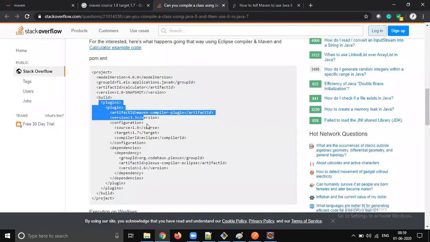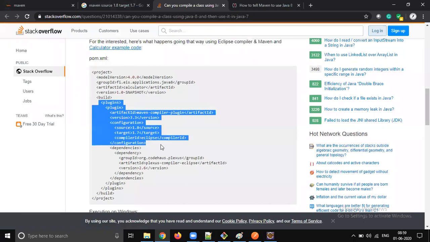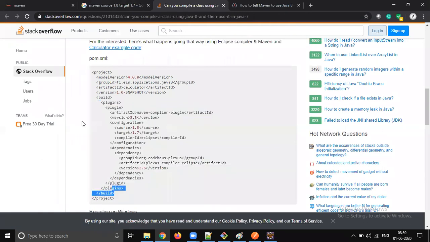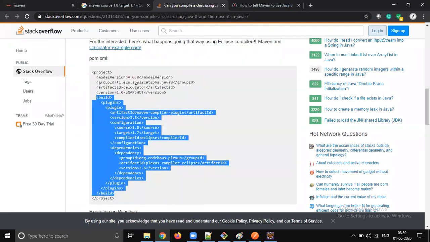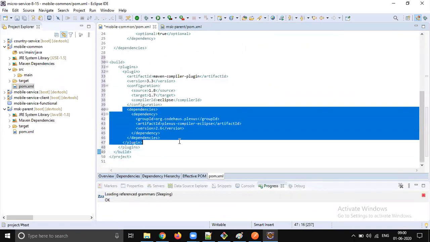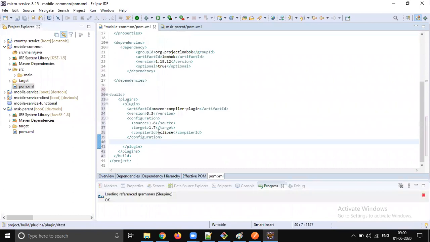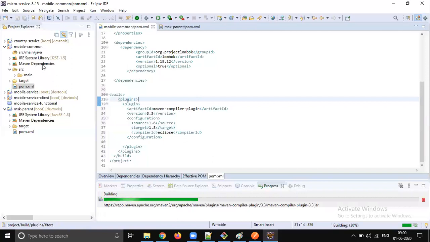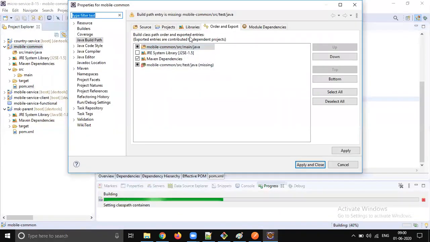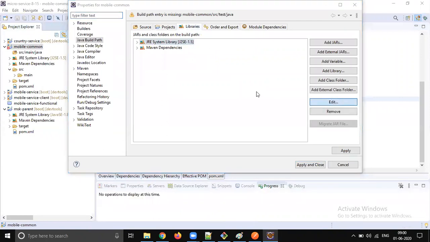Build plugins, compiler version 1.8, 1.8 configuration. Just add this plugin. Okay, so just add this build tag. So let's remove this extra dependency, not required. So source is 1.8 and target is 1.8. So automatically the compiler version should be upgraded to 1.8.